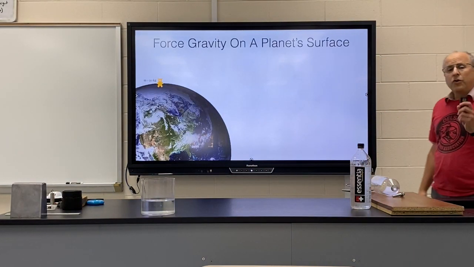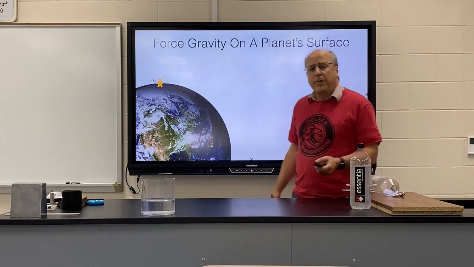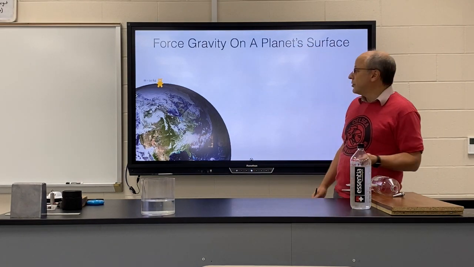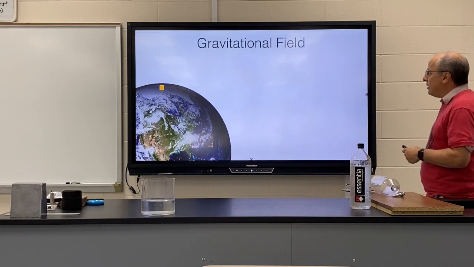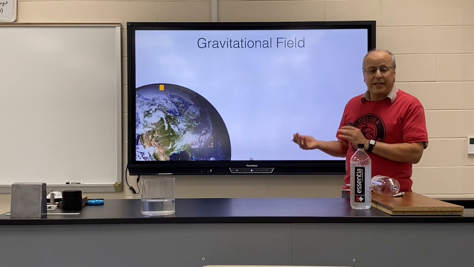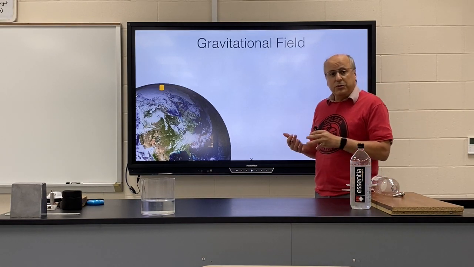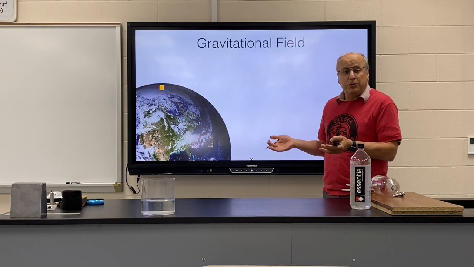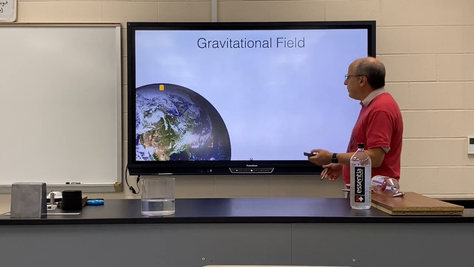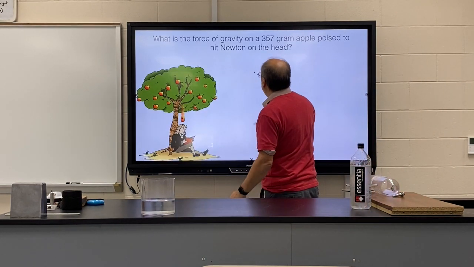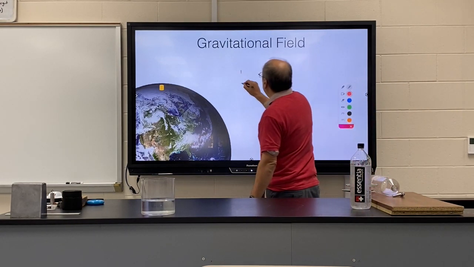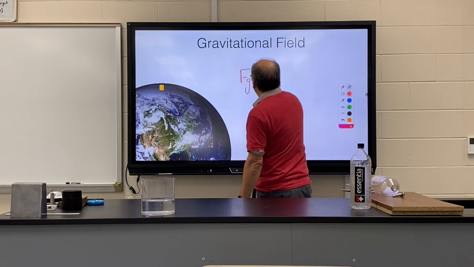Okay? When you're on the planet's surface, you probably don't want to go through this whole process every time you're trying to find the force of gravity. So instead, on the planet's surface, we find what's called the gravitational field. We saw this when we did lab this week. We found that our slope was the gravitational field for that planet. So the way you find the gravitational field is you do the exact same formula,